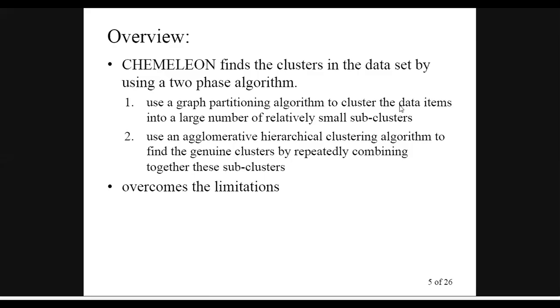Hello student, today we are going to study the chameleon algorithm. First we shall discuss why we need the chameleon algorithm and what its advantage is. The chameleon algorithm is just like a chameleon found in our gardens, which changes its color or pigments along with its surroundings.